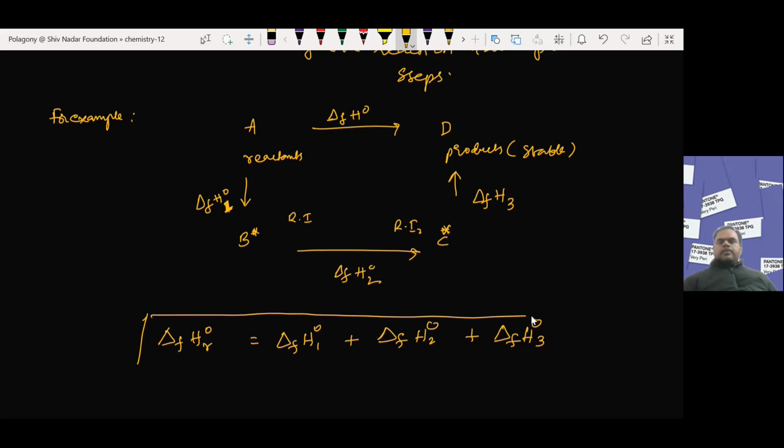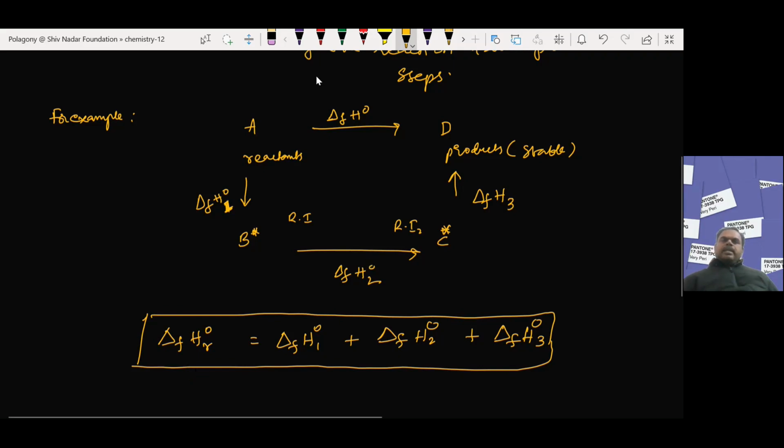So this is the sum of the enthalpy changes of energy that takes place in multiple steps, equal to the enthalpy change that takes place in the single step. Now, let me talk about it by taking one suitable